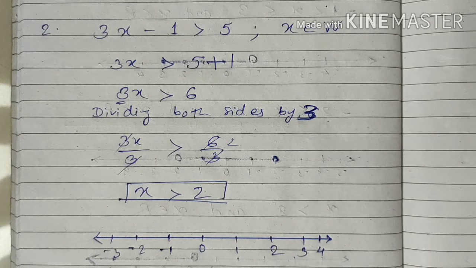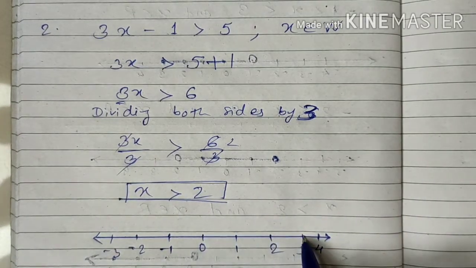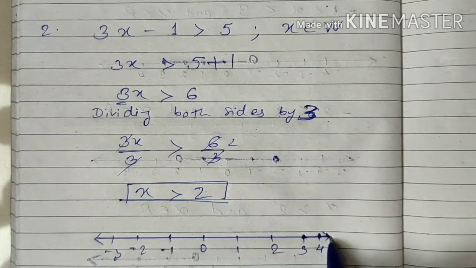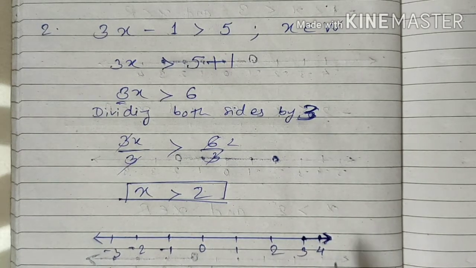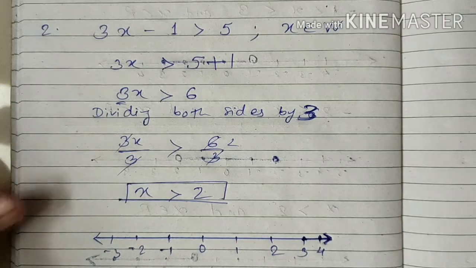Now what they are saying, x belongs to the whole numbers and the value of x is greater than 2. If the value of x is greater than 2, that means everything is included in it. So we will show the arrow as a dark arrow, because all the numbers which are greater than 2 are included in our set. Okay, next,